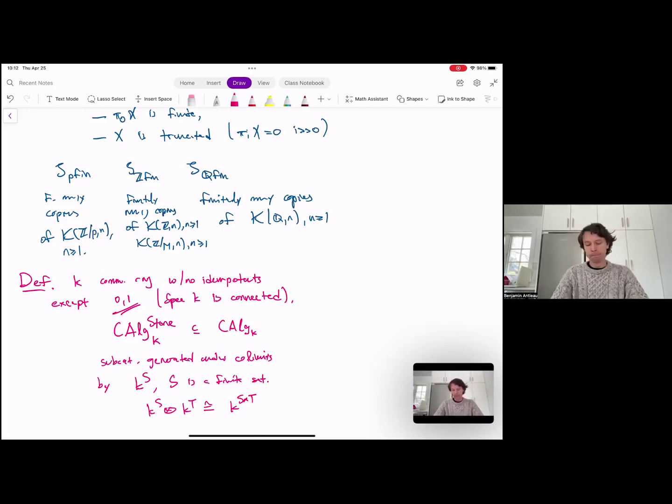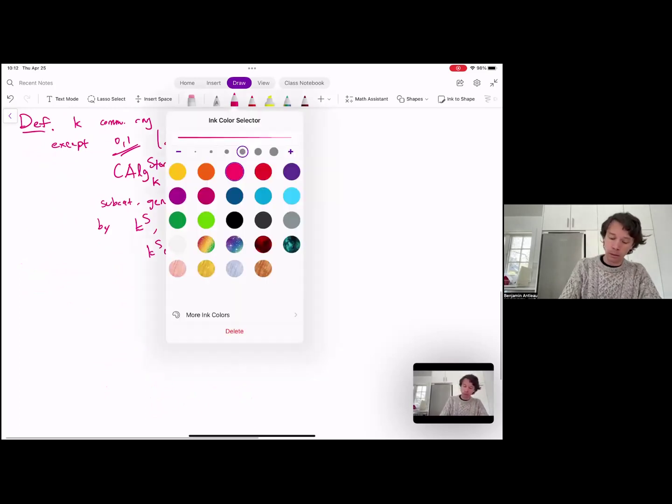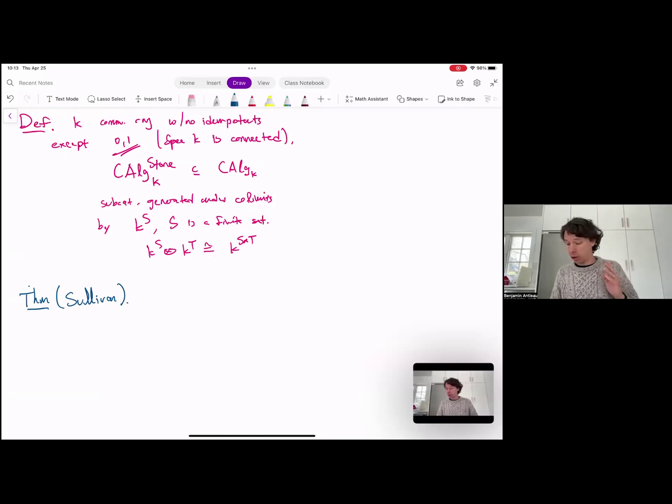We're going to meet these in different guises, but it's one way I'm going to state a couple of theorems. So, what are these two classical theorems? The first one is due to Sullivan, and it basically gives the rational case. I'll say it like this. So I have a functor,